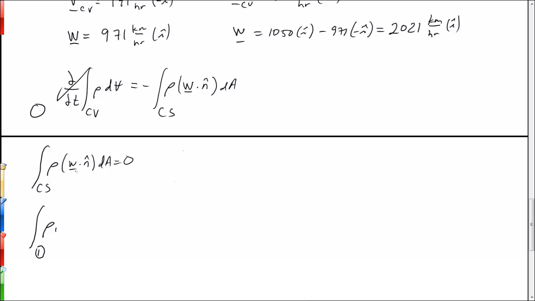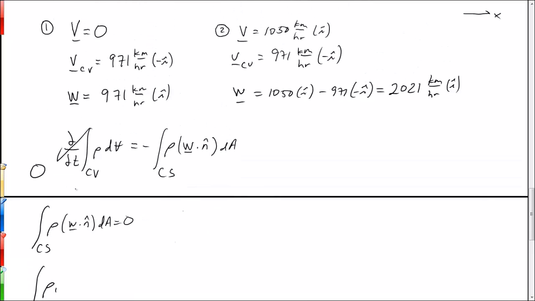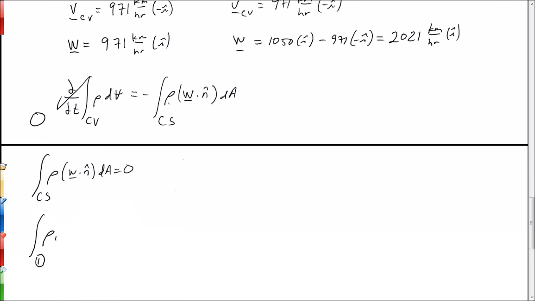Well, W for region 1 is 971 in the I hat direction, but the outward pointing normal points in the minus I hat direction given our coordinate system. So this ends up being minus 971 integrated over the area,